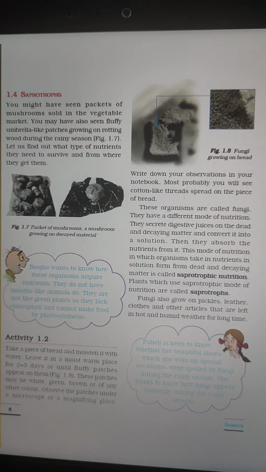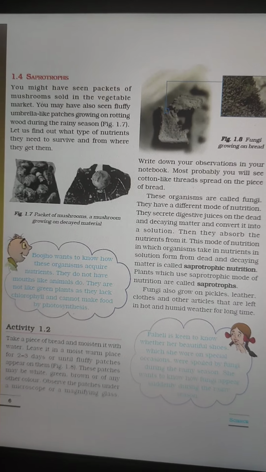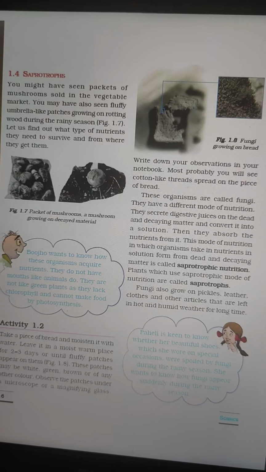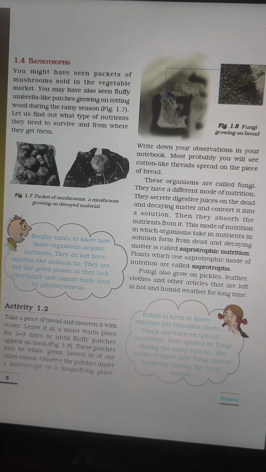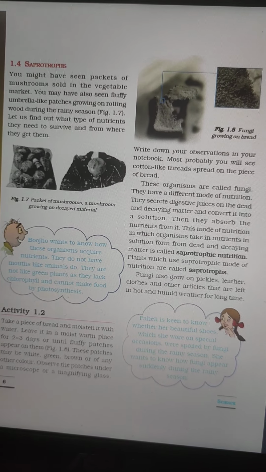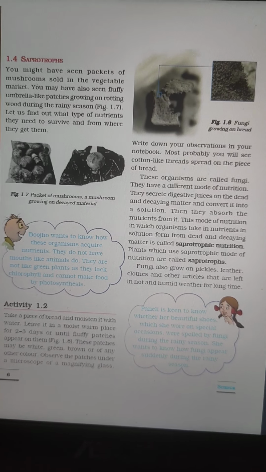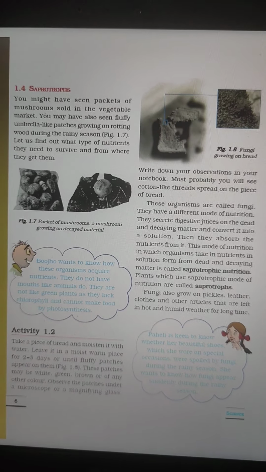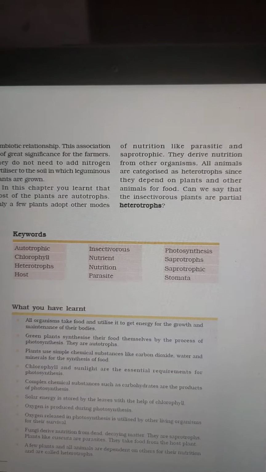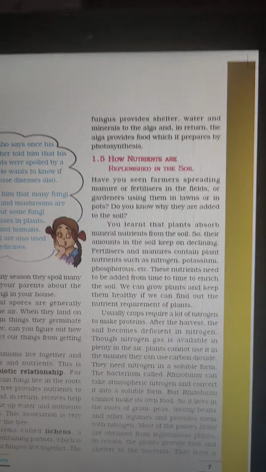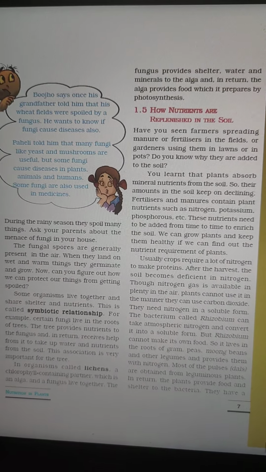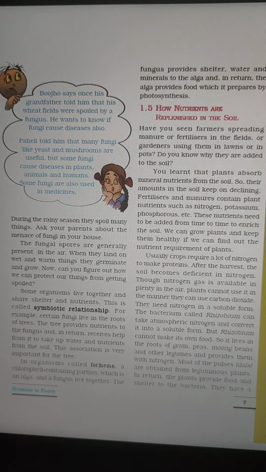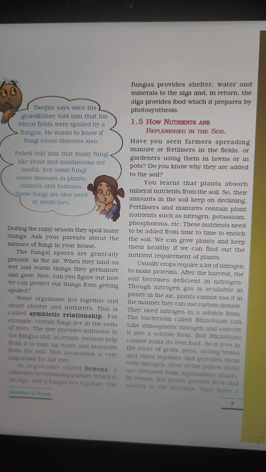These leguminous plants have root nodules which have certain bacteria like rhizobium. These rhizobium help in nitrogen fixation, and due to nitrogen fixation, they provide nitrogen to the plant. So in this way, by crop rotation, and even in some areas there is intermixing of crops, meaning leguminous plants are grown in between the other plants, but the better method is crop rotation. So in this way we can replenish the nutrients in the soil.